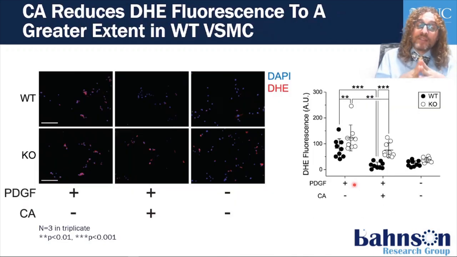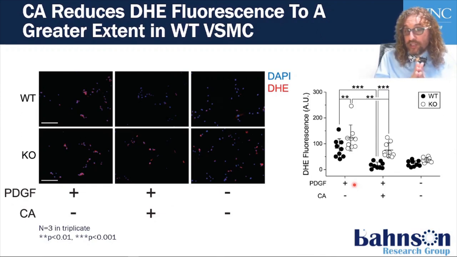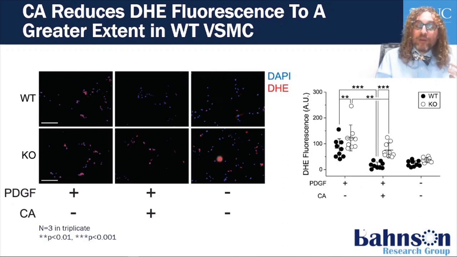We went back to assess levels of superoxide by looking at the fluorescence of DHE, which we had seen before was decreased by cinnamic aldehyde. And we did this assay in vitro with wild-type and knockout cells. We see that treatment with PDGF increases fluorescence per cell, and treatment with cinnamic aldehyde actually decreases it in both